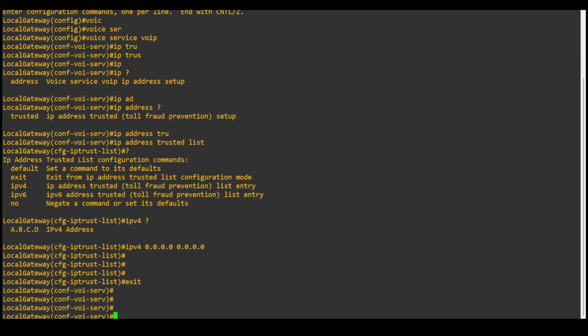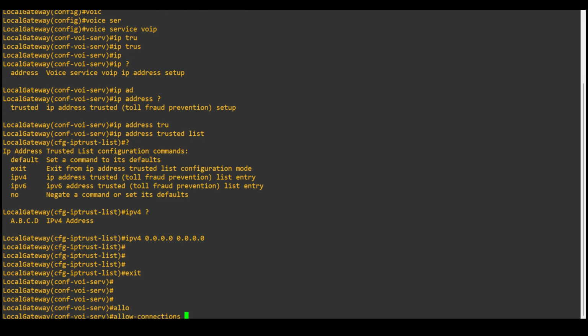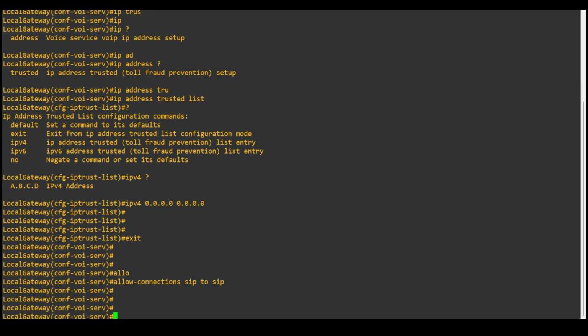And then you need to specify the connection, the protocol. So you need to allow the connection SIP to SIP in this case, because we are going to work with SIP in the local gateway and the CUCM. So the connection for this video is SIP to SIP, but you can change the connection to another protocol that is